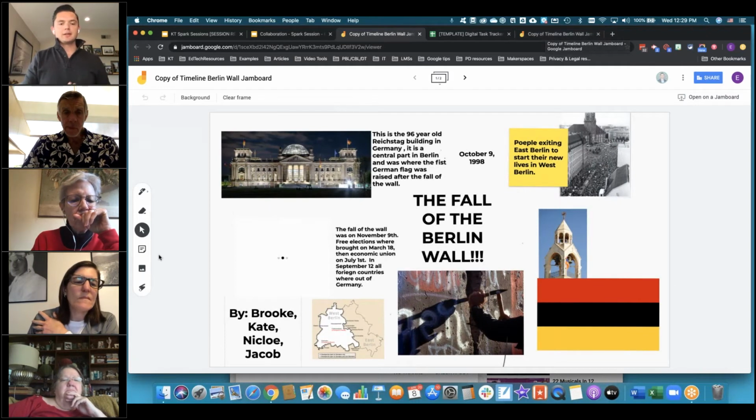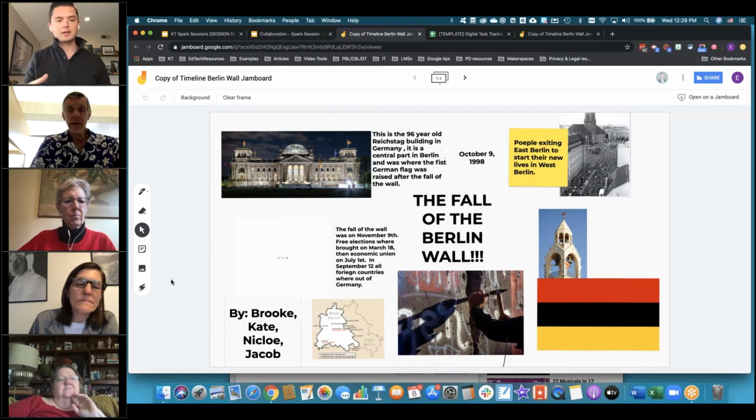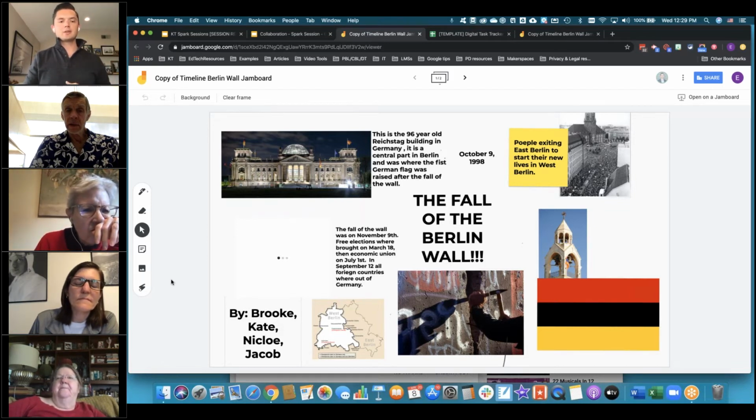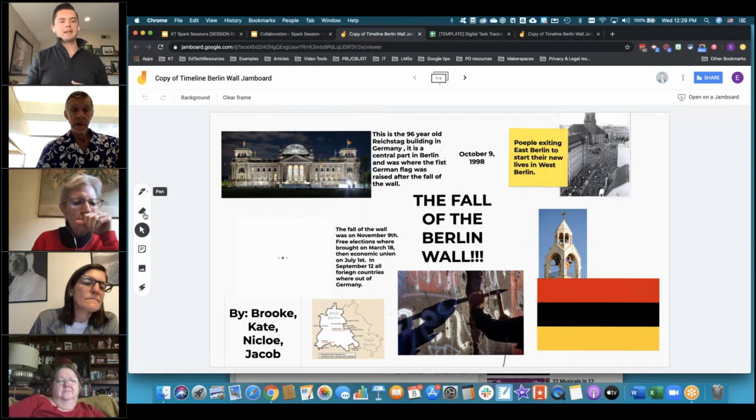So what you see here was a timeline where they were writing down major events and iconic moments relating to the Berlin Wall. So you see the variety of different types of items on here. On the left-hand side, you'll see the pens, the eraser, the pointer, and then the sticky note. You see that yellow sticky note there,